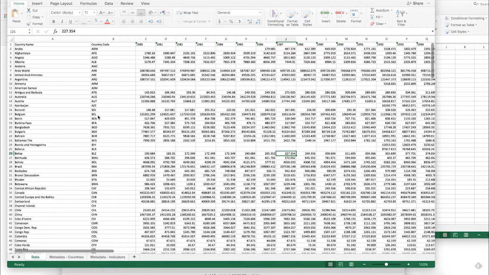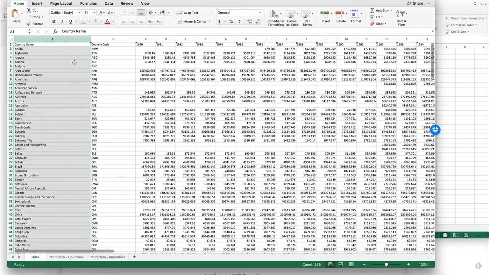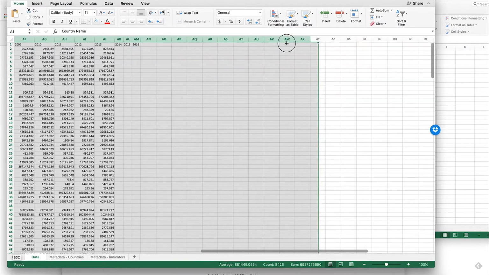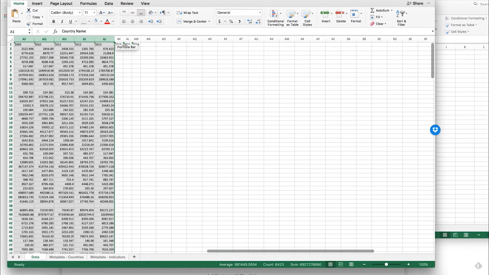is clean. We are ready to wrangle it, to transform it from wide format into long format or tidy format. What I'm going to do is to select all the columns, and I'm going to select column A. I'm going to just drag to select all the columns in my data set up to 2013, right? Because as you notice, there is already 2014, 2015, 2016. I could have removed those columns, obviously.